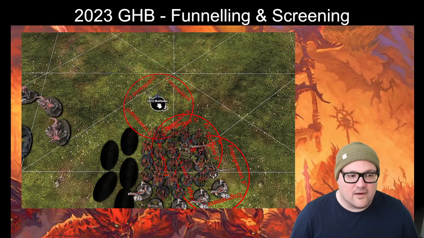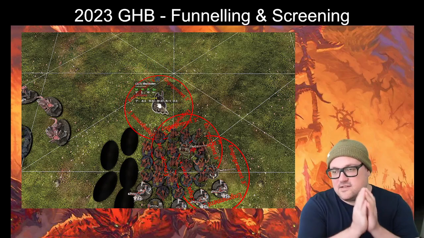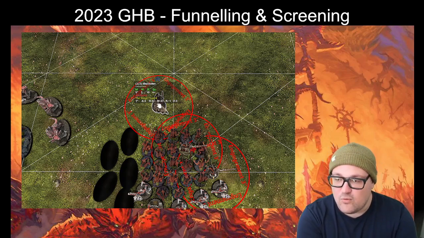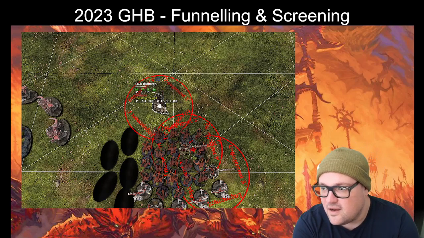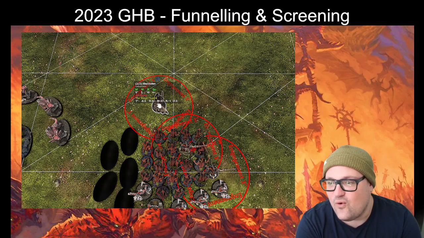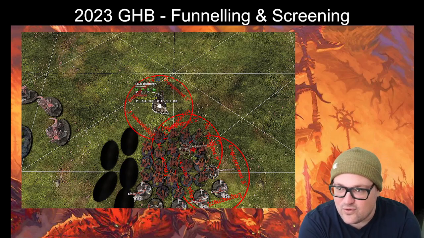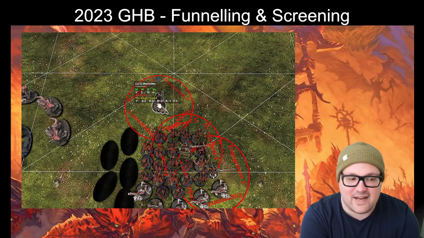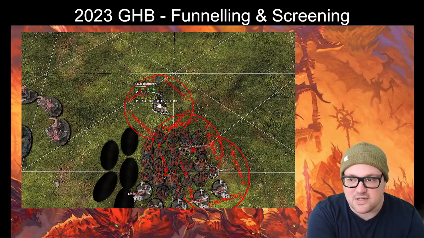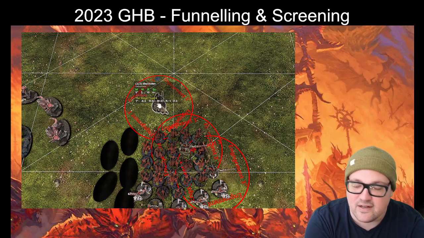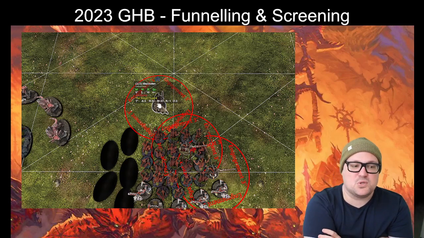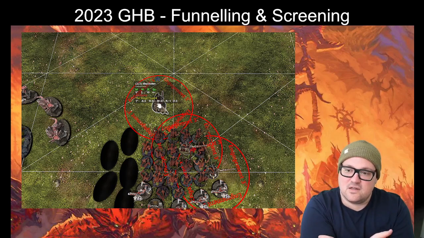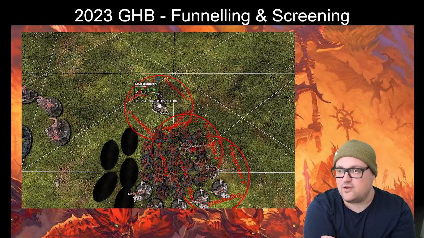Now, I should point out this technique is not always right. It loses a lot of value if you're fighting low model count, super elite units, like giants or small 3-man units of Vanguard and so forth. It doesn't get a lot of value from that. But when you're fighting big chunky blocks of infantry, you can get a lot of value out of it. So it's not useful everywhere. You shouldn't always do it. But if you recognize that there's an opportunity for funneling, I think you'll get a lot more value out